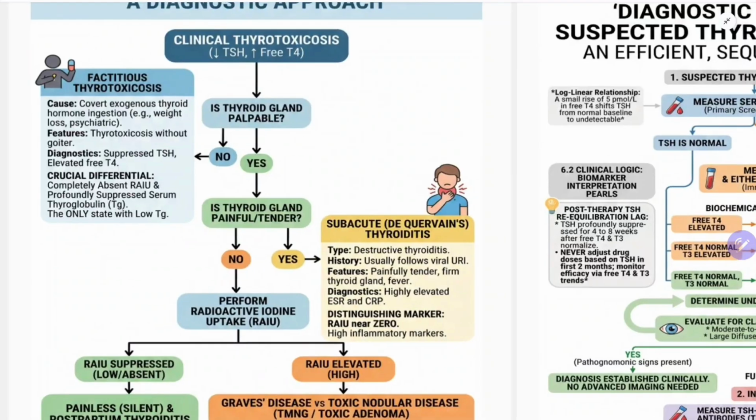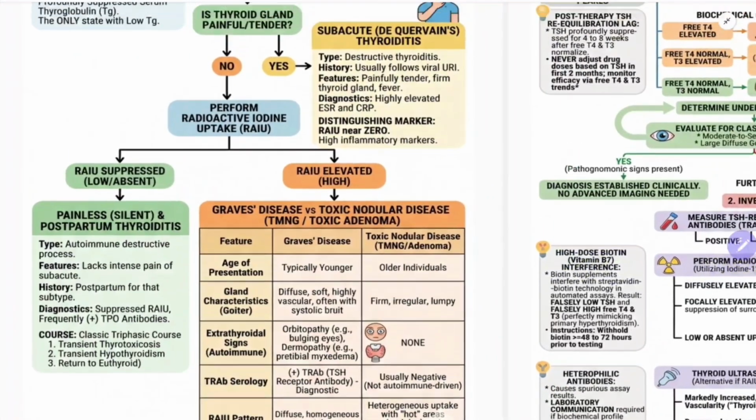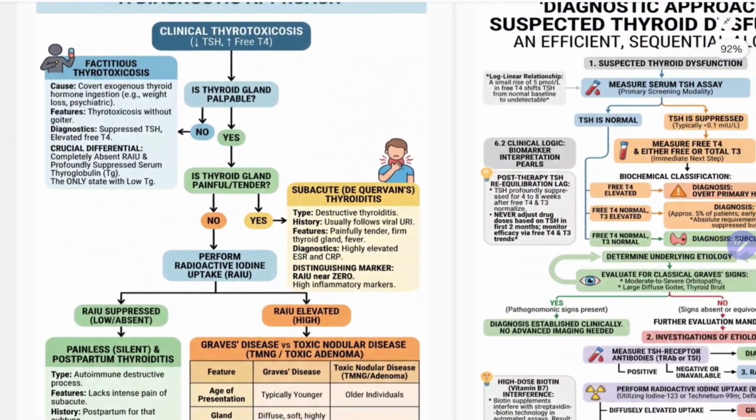Once you have differentiated thyrotoxicosis from other non-endocrine mimics, you should identify the cause of thyrotoxicosis. That is the second point. In the first flow chart, we differentiated thyrotoxicosis from other non-endocrine mimics. Now in this second flow chart, we are proceeding to the cause of thyrotoxicosis. We have diagnosed thyrotoxicosis, but what's the cause? The causes can be, as you can see,